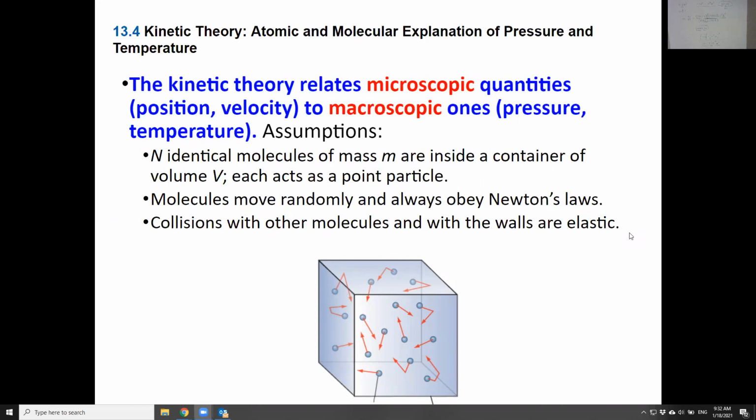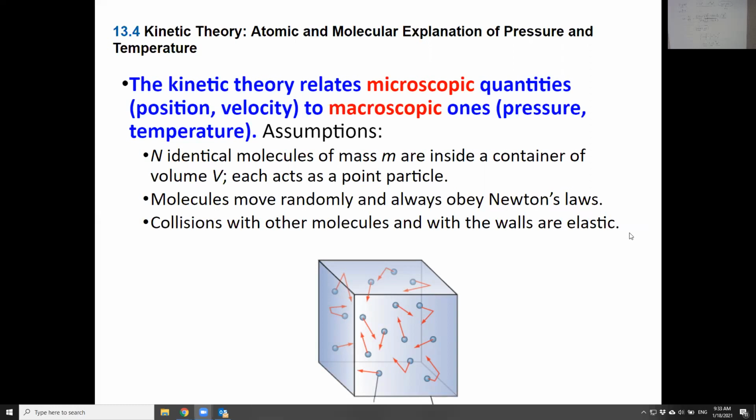So on this one again, it talks about kinetic theory, which means it's relating some microscopic quantities to some macroscopic quantities. Microscopic quantities are used to describe a particular or specific molecule, for example the position or the velocity of a particular molecule. Macroscopic quantities refer to the overall gas, if you treat the whole gas as one system. So you have the pressure of the gas or the temperature of the gas, collectively from all the molecules. So let's see what the relationship is between those two